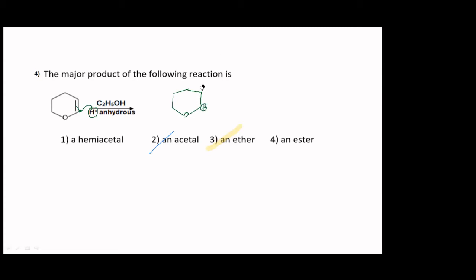So then what happens? You got oxygen there. The nucleophile will come and form a bond. The nucleophile here is this one. In any case, this hydrogen will be expelled later on. So you can take OC2H5 minus as the nucleophile, which will come and form a bond. As soon as this comes and forms a bond, this will be OCH3. This carbon will have two OCH3 groups, and hence it becomes an acetal, not an ether. Isn't it?